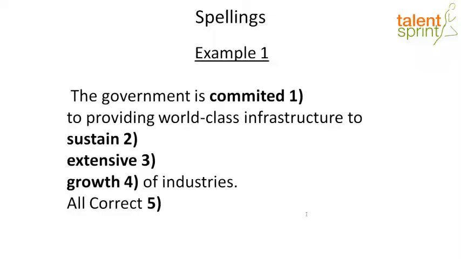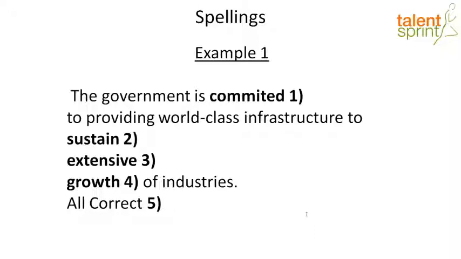The government is committed to providing world-class infrastructure to sustain extensive growth of industries. So the highlighted words here are committed, sustain, extensive and growth. Now, which of these words do you think has an error? Do you think it's an incorrect word in the context, or do you think it has to do with a spelling mistake? So if you're good with words, if you read a lot, if your vocabulary is extensive,